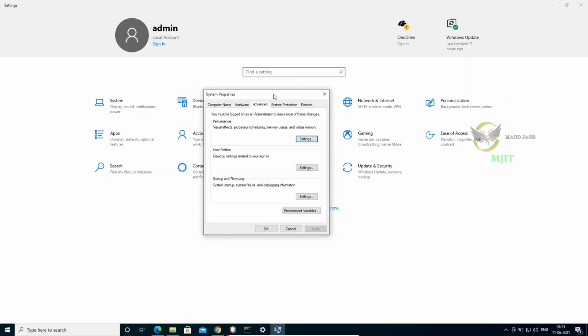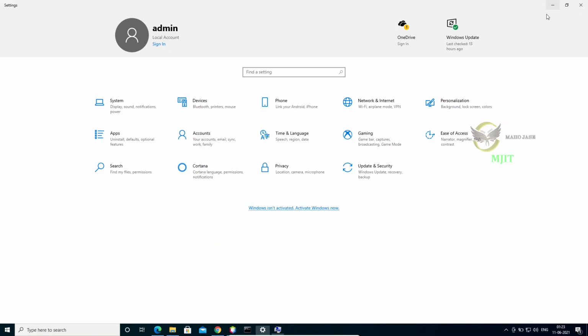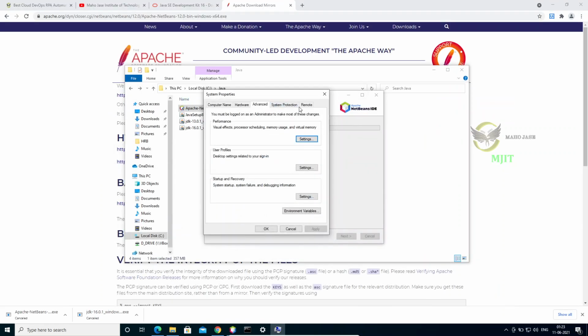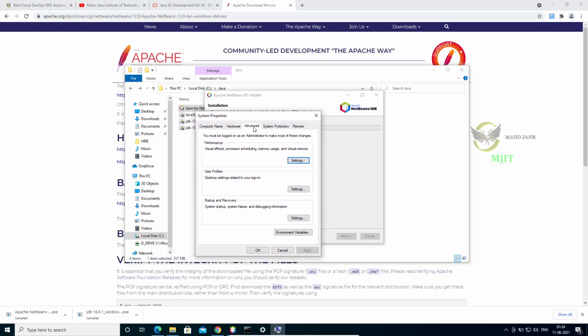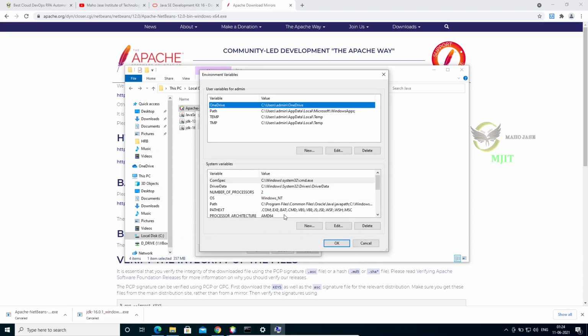Okay, you will get a pop-up like this. I'm just minimizing the background one. Fine. Under the Advanced tab, at the bottom, there is something called Environment Variables. The upper one is for the logged-in user, we are not going to use it. Below there is something called System variables.